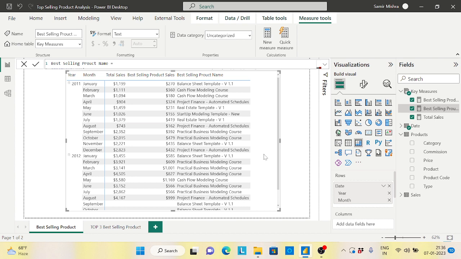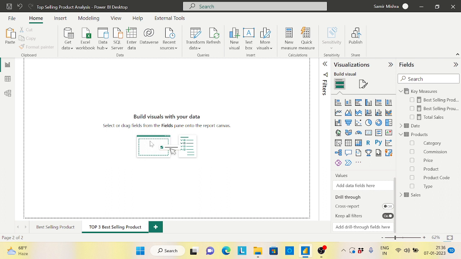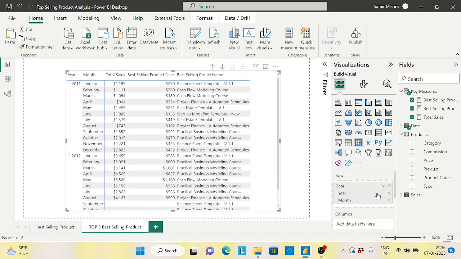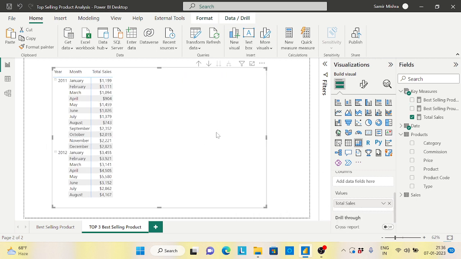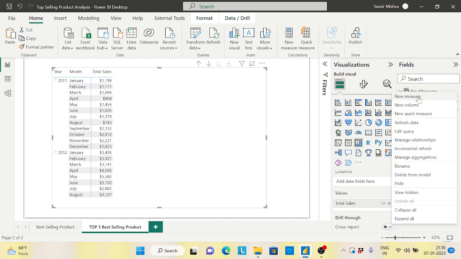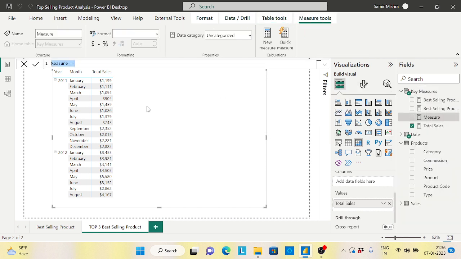Let me copy this into a new sheet and paste it here. Here I will just delete these two, and let the total sales be there. Now I will first calculate the top three sales, whatever the top three sales will be. So the measure would be